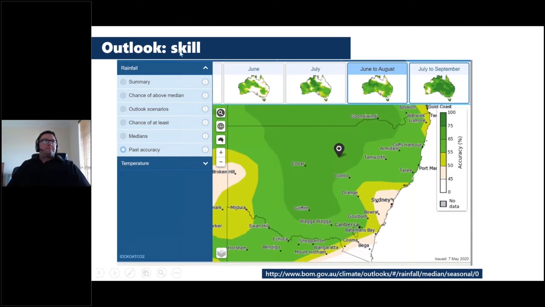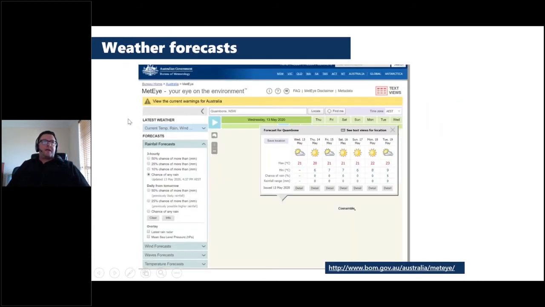So I might just jump a bit because we get asked quite a lot about official weather forecasts. We've done a lot of public talks with farmer groups during the course of this drought, and there's been a lot of questions back to us in DPI around, I guess, a little bit of frustration about the climate forecast.